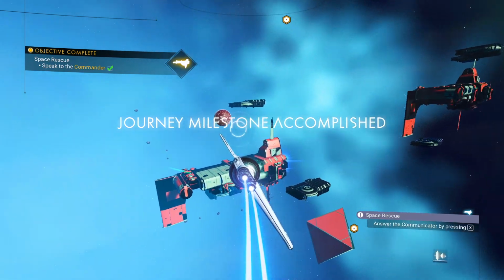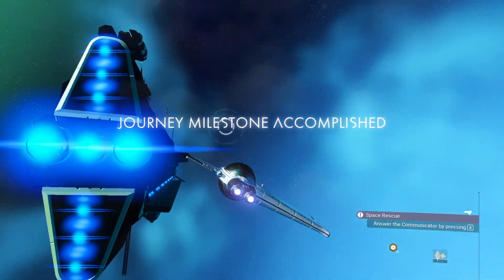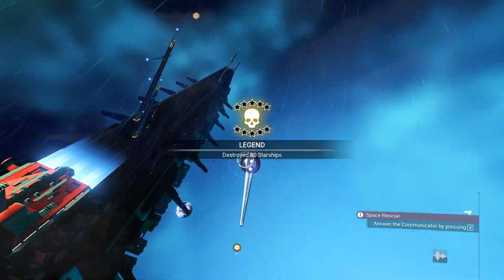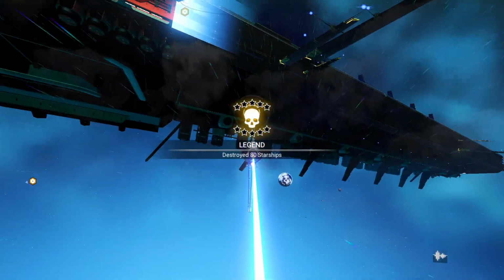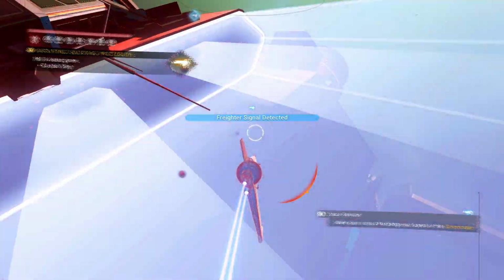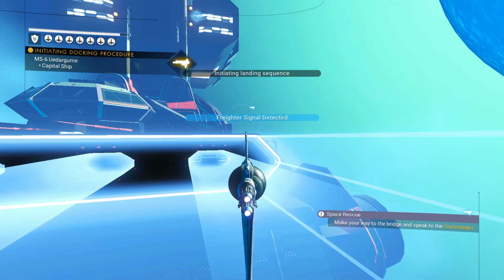All right. Let me actually get to the ship. There it is. And let's land and check out. See what class this is. Hey, if we're lucky, this is going to be an S class. I doubt it, but